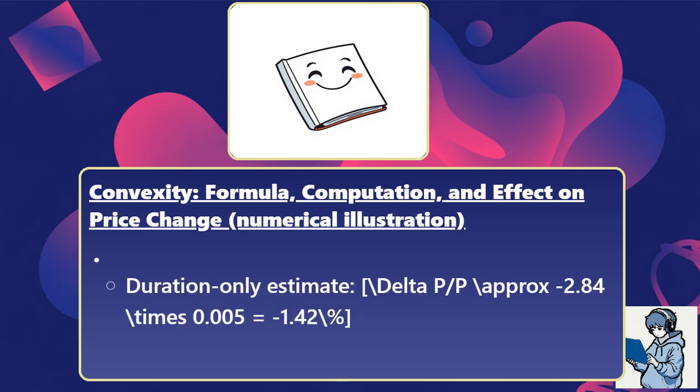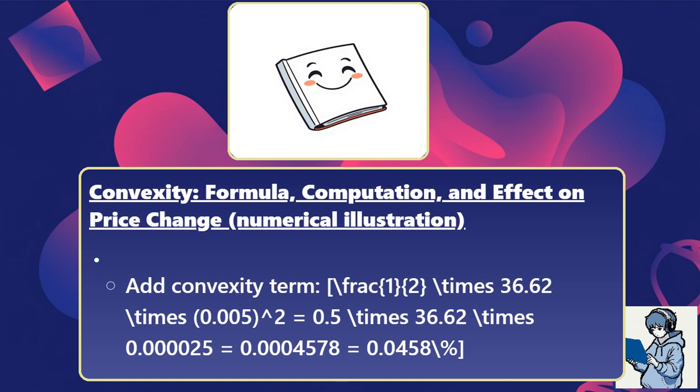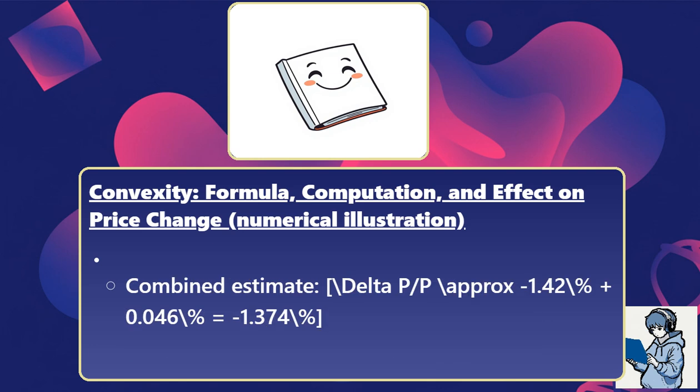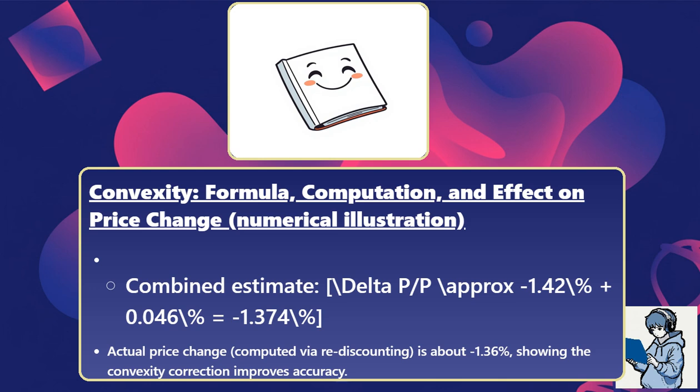Duration only estimate delta P over P approximately equals negative 2.84 times 0.005 equals negative 1.42%. Convexity term 1/2 times 36.62 times 0.005 squared equals 0.004578, which is 0.0458%. Combined estimate delta P over P approximately equals negative 1.42% plus 0.046% equals negative 1.374%. Actual price change computed via full discounting is about negative 1.36%, showing the convexity correction improves